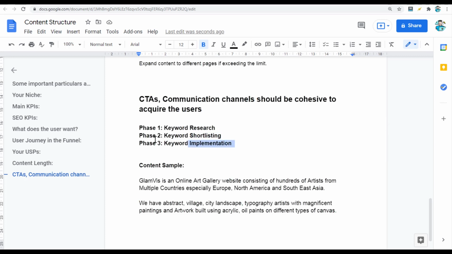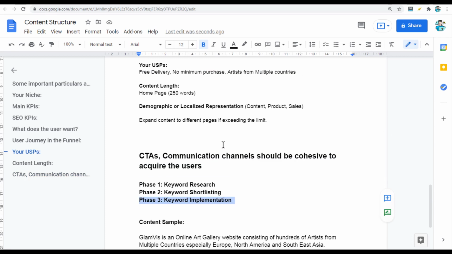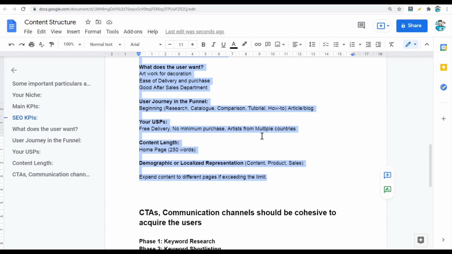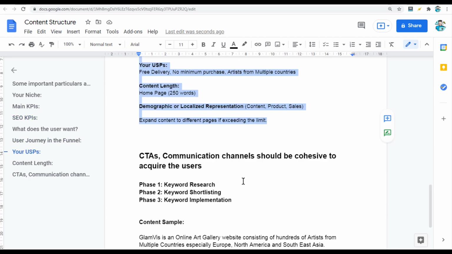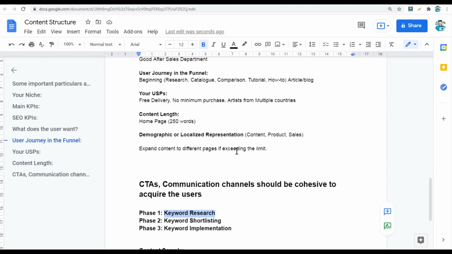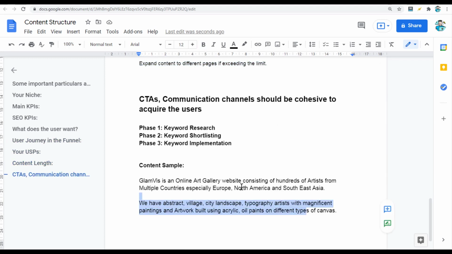We are starting from this phase. Why? Because our approach is different here. We have gone through the structure, so we are running it from the structure instead of keyword research. We know the basic keywords already and we have the structure. That's why we are making this.